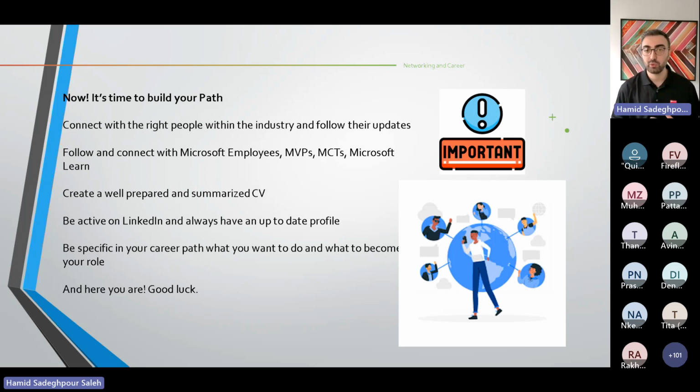So be active on LinkedIn and always have an up-to-date profile. It's really important to be active in LinkedIn. This is part of Microsoft. I could say the majority of Microsoft experts and professionals from different backgrounds within the industry, Microsoft employees, again, MVPs, MCTs, and Microsoft regional directors. So everyone you could follow or connect with. Most of them I've experienced and I've seen on LinkedIn. So it is really a good idea to be in there and be active and just try to check there